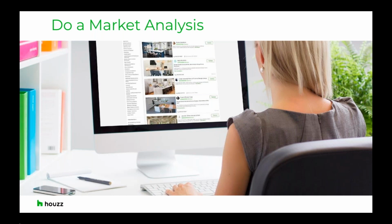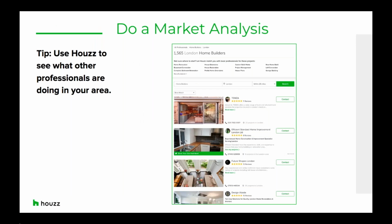Let's dive into our first theme, understanding your market. Let's find out how these professionals suggest you can get to know your local market better before making any big business decisions. Before you start or expand your business, it can be helpful to research your market to better understand which services are most in demand by homeowners and who the other companies are that you're going to be competing